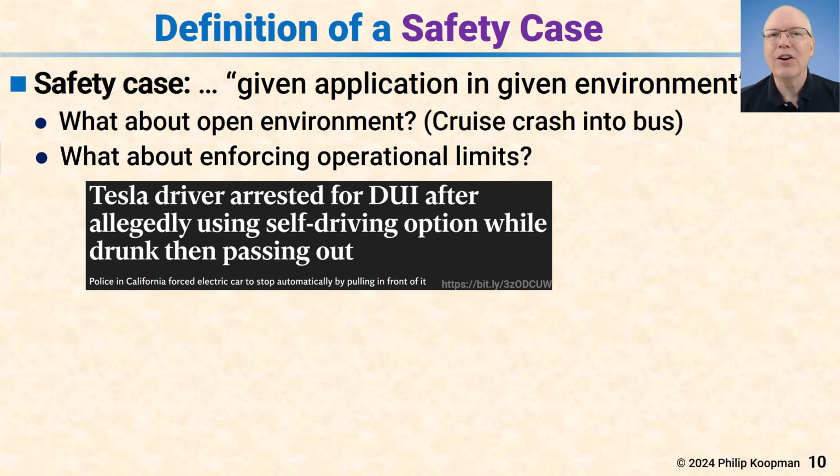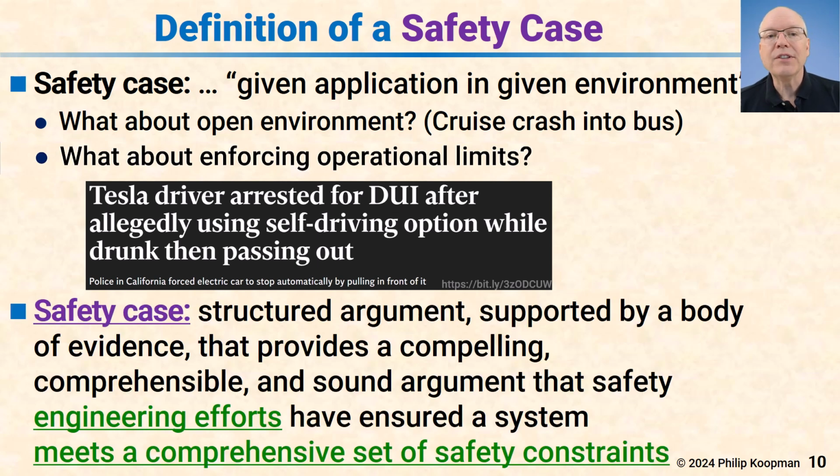And these are educated, earnest, well-intentioned people, not just Tesla owners, but some legal professionals think that this is the case, that if you have someone who loses their license for DUI, buying them a Tesla is a good way to get them safely back on the road. I know that's incorrect thinking, but that kind of idea is out there. So intentional misuse does not necessarily have to be malicious. It could simply be by people who don't understand the full restrictions of the system. If we want self-driving technology to really be safe, we have to account for intentional misuse, or we're not going to get to safety.